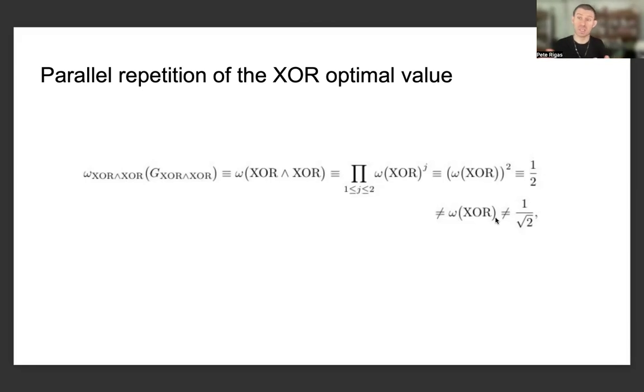the optimal value? And of course, it's a very well-known fact that the optimal value of the XOR game after performing 2 rounds of parallel repetition, namely this quantity omega of XOR of G of XOR, where this wedge operation, like we've been describing it throughout the presentations of the series, relates to parallel repetition, is identically equal to just omega of XOR, namely 2 rounds of one round of parallel repetition for the XOR game, which is identically equal to the product of 2 identical copies of the maximum winning probability for the XOR game, which notably is equal to half, which is not equal to 1 over square root of 2, which is the original value of the XOR game.